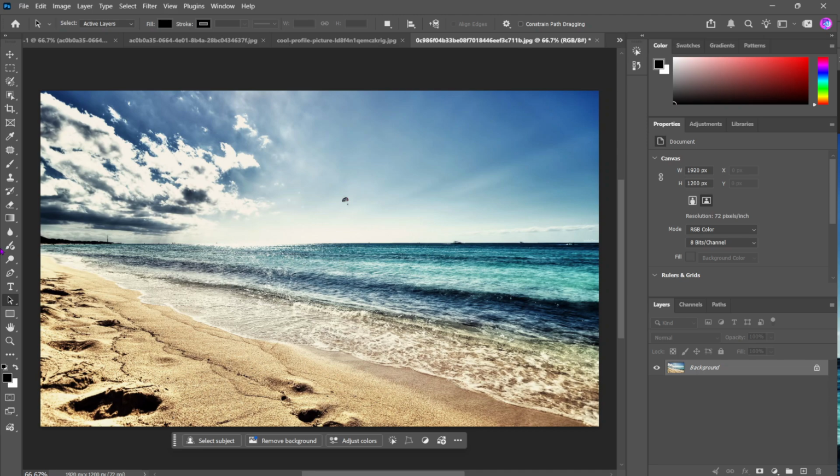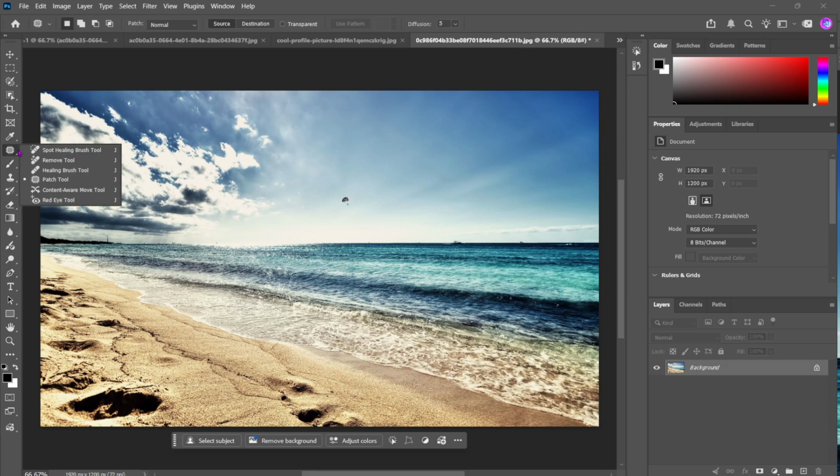To begin, go to the toolbar and select the patch tool. If you don't see it right away, that's completely normal, because it's often grouped with other healing tools. Just click and hold on the Spot Healing Brush tool to open the hidden tool menu, then choose the patch tool from the list. Once the patch tool is active, draw a selection around the object or area you want